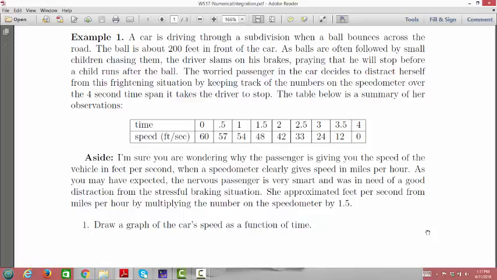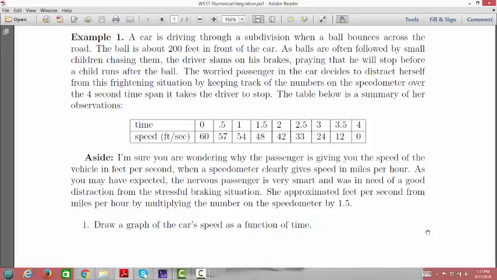We've got a car driving through a subdivision, and a ball bounces across the road. And the ball is about 200 feet in front of the car. Now, if you see a ball, as I hope you learned in driver's ed, that rolls across the street, you really ought to slam on your brakes, not because of the ball, but because of the fact that there's a child probably running after it that may not look in the street for a car, and you definitely don't want to hit that child. So we're going to assume that inside this car there's a passenger, very worried, needs a distraction,